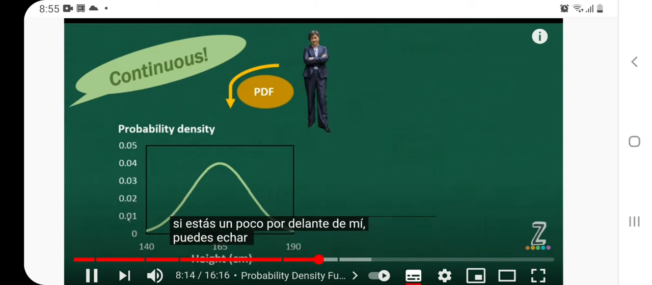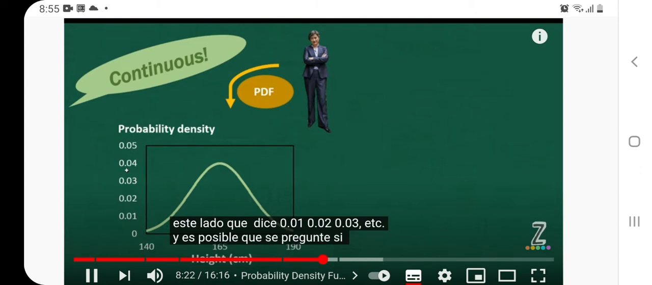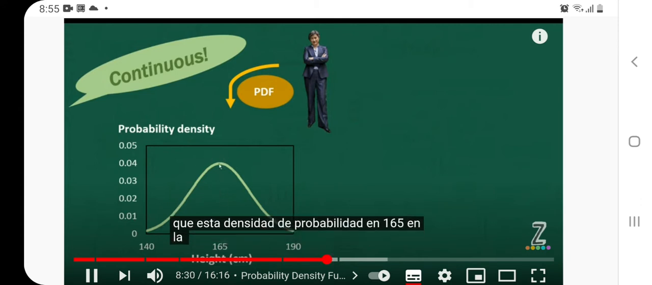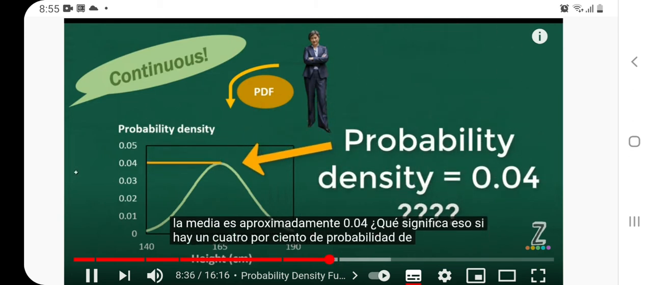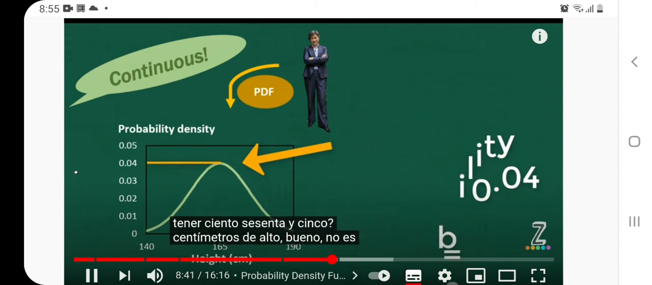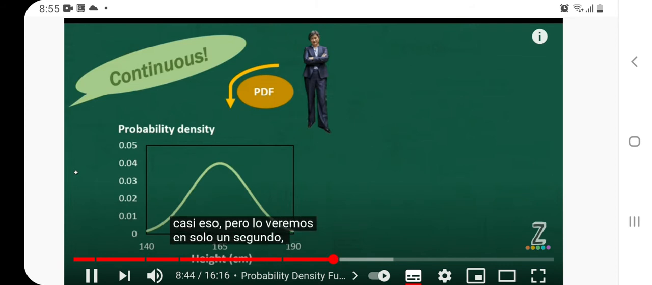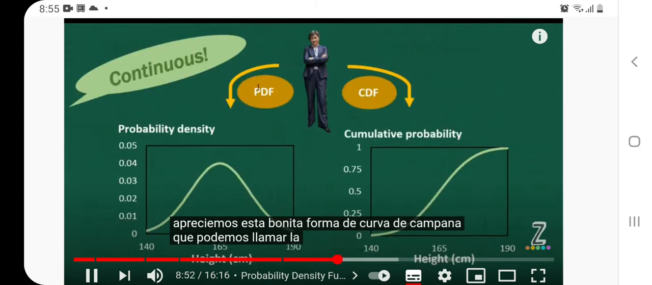And if you're a little bit ahead of me, you might have a look at the probability on this side, which says 0.01, 0.02, 0.03, etc. And you might be asking, what do these numbers actually mean? What does it mean that this probability density at 165, at the mean, is about 0.04? Is there a 4% chance of being 165 centimeters tall? Well, not quite. It's almost that. But we'll have a look at that in just a second, so hold that thought. But for the moment, let's just appreciate this nice bell curve shape, which we can call the probability